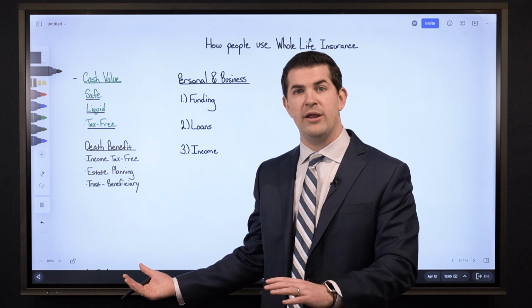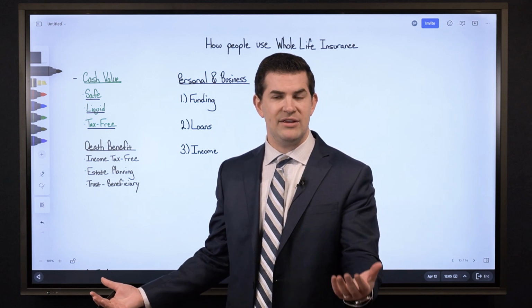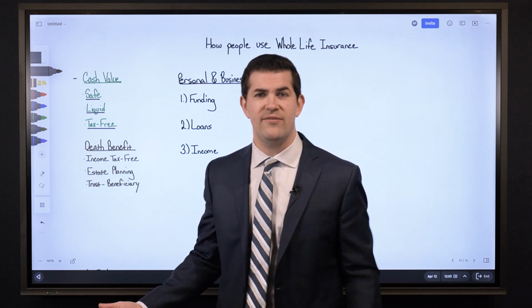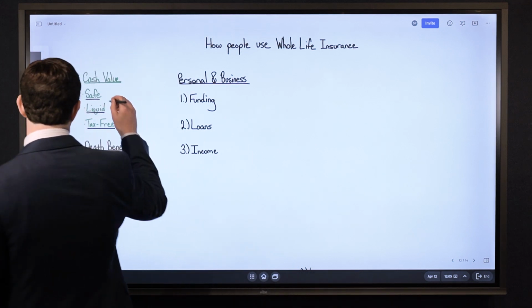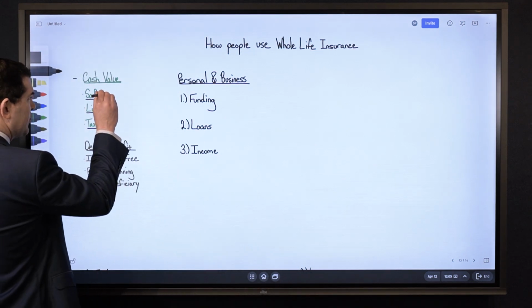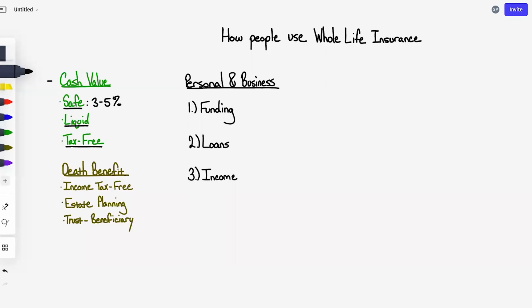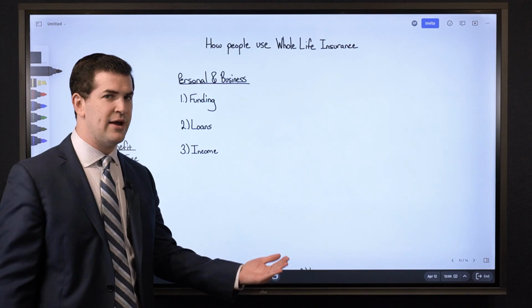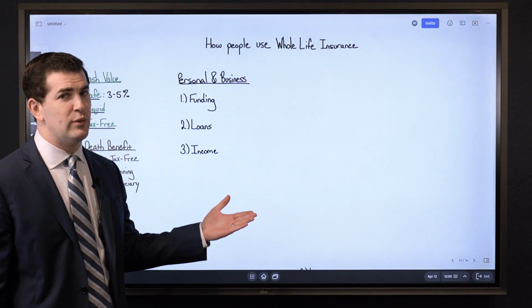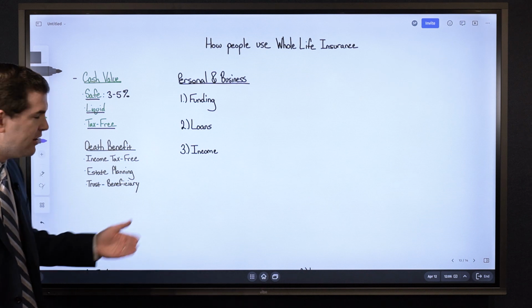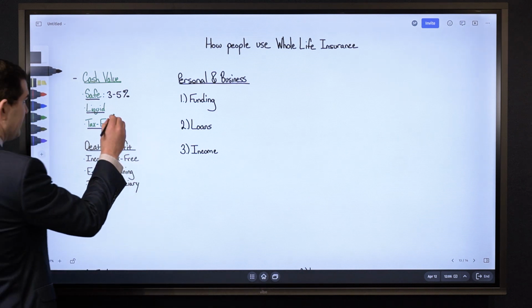The net growth rate, this is often referred to as the internal rate of return in the life insurance industry. If a policy is set up correctly, that internal rate of return will typically range somewhere between 3 to 5%. And remember, that is consistent regardless of what's going on in the stock market and economy. So it's a 3 to 5% without any risk. Historically, we have seen policies do better than that, but we do like to shoot things conservative.